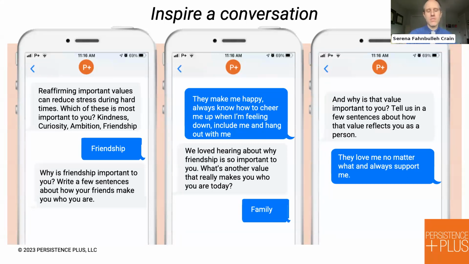And this is one example called a values affirmation, where we ask students about what are their most important values. This student said friendship, and tell us why friendship's important to you. And then give us another value. And they said family, and tell us why family is important. They love me no matter what and always support me. And these are the types of conversations we're able to have with students because we have that foundation of caring and support. And the reason we have conversations like this and many others that reflect on values and goals and motives is because evidence shows that they help with retention. So this values affirmation